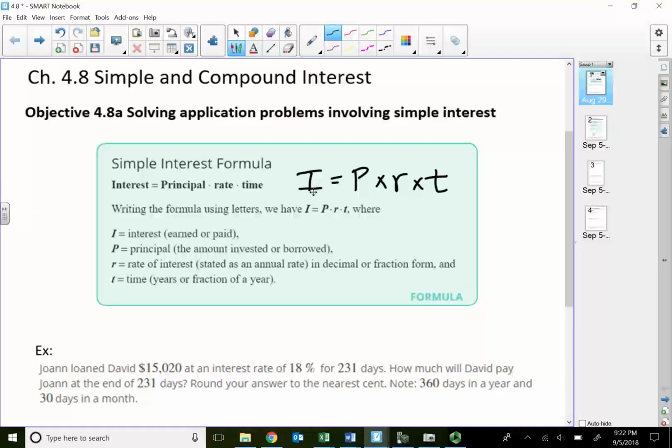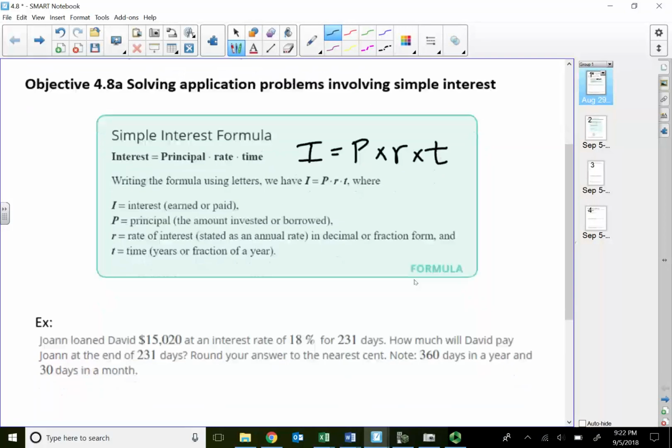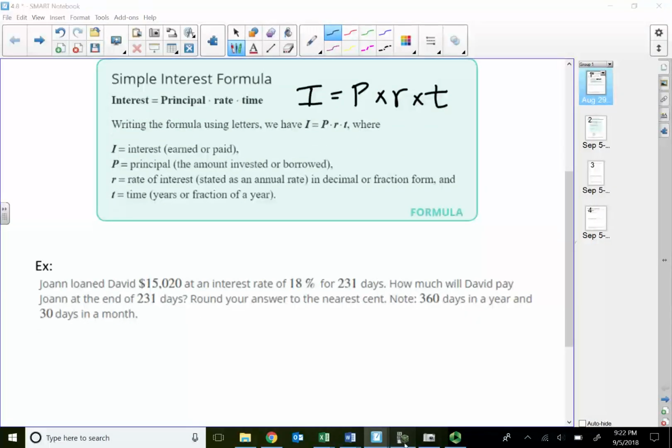So I stands for the interest earned or paid. Principal is what you borrow basically, and the rate of interest R, and the time is always in years, or a fraction of a year. But T is always going to be in years. So let's take a look at some examples real quick,